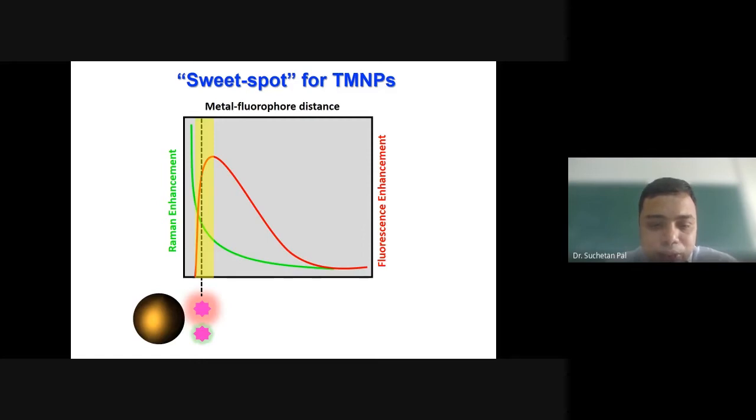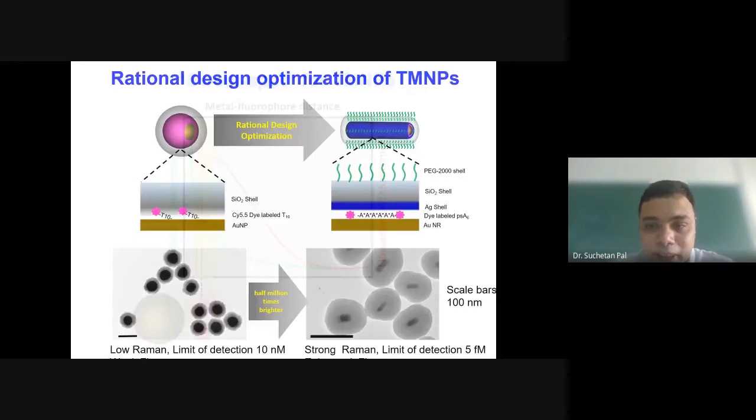That is very tough to maintain this distance, so we are actually using a small piece of DNA, around 5 to 10 nanometers in length, and depending on the DNA sequence, you can change the distance between the gold nanoparticle surface and the dye. Without going into much detail about the design, what you see is different generations of this triple modal nanoparticle. Initially we created a spherical nanoparticle with a polythymine DNA sequence and it didn't work so well. The Raman intensity was very low and we could not detect this nanoparticle